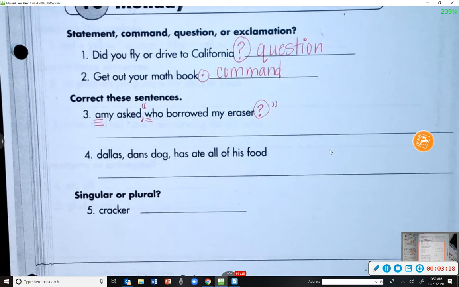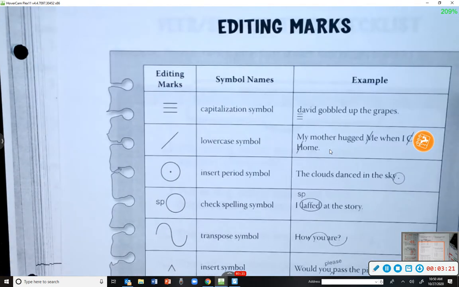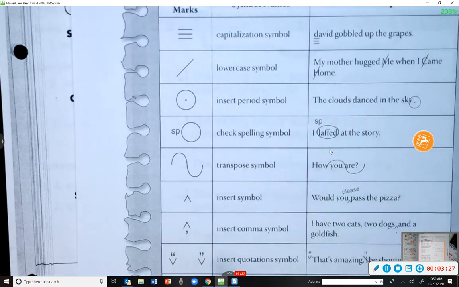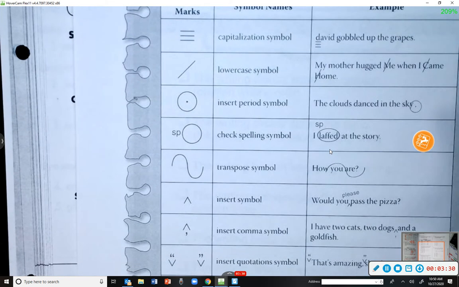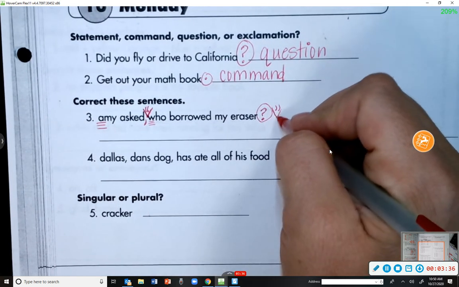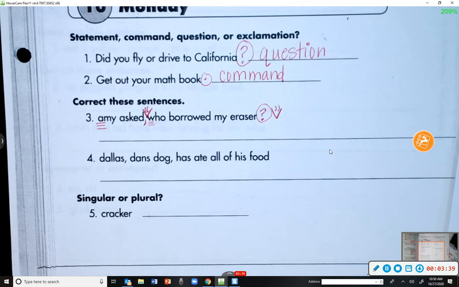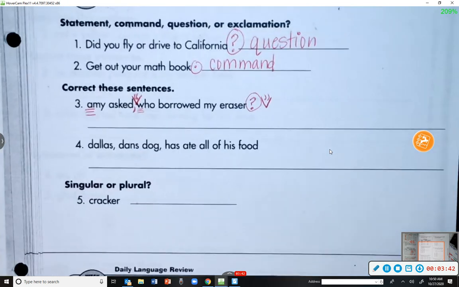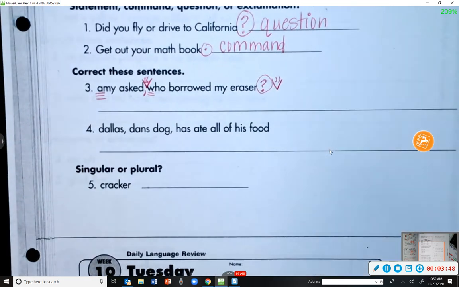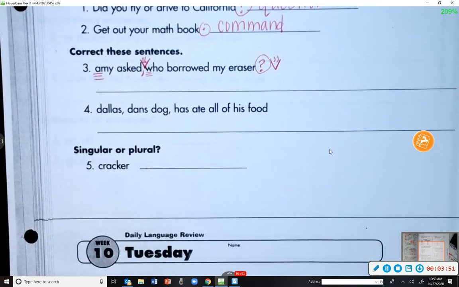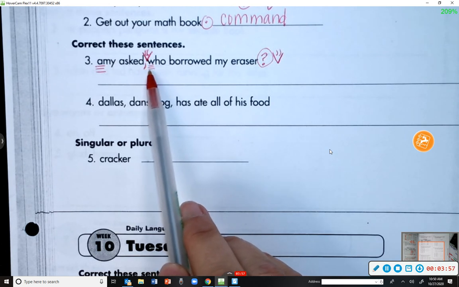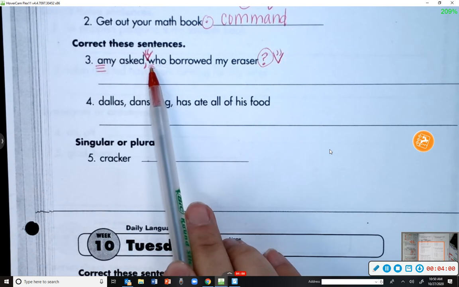And you guys can be using your editing marks paper that looks like this. We inserted quotation marks right here, so we could put that little caret symbol too, upside down, or a caret, yeah. Okay, and then if you're inserting punctuation at the end, you circle it. So I'm going to let you guys rewrite that on your own. If you miss some of it, then make sure you include the quotations, the comma, and the underline or the capitalization of the W.